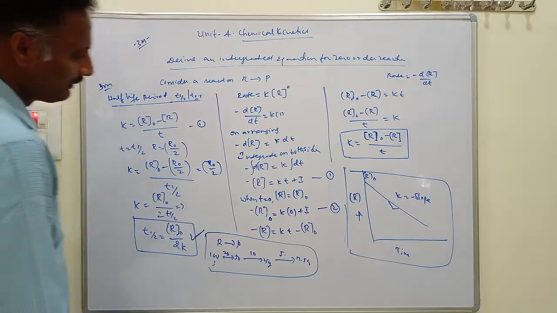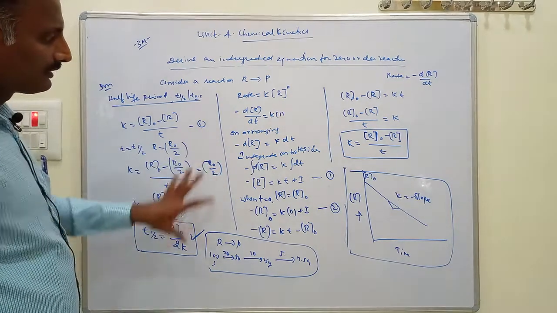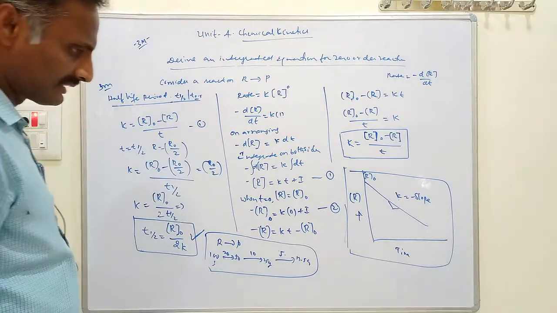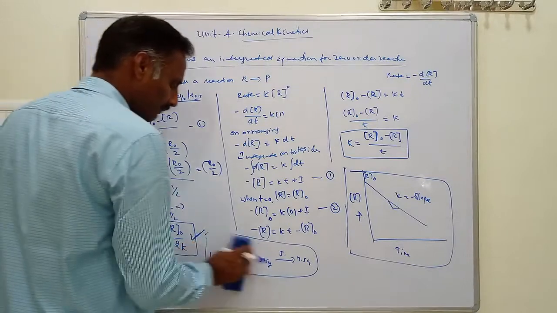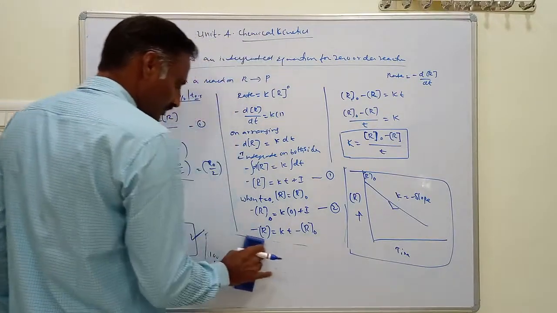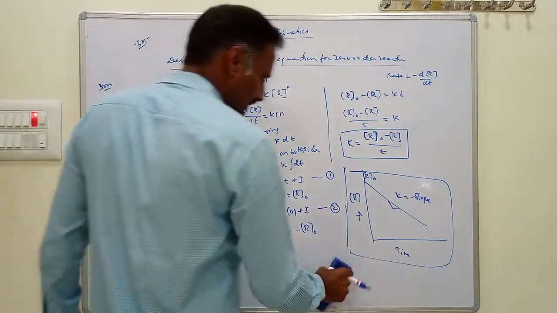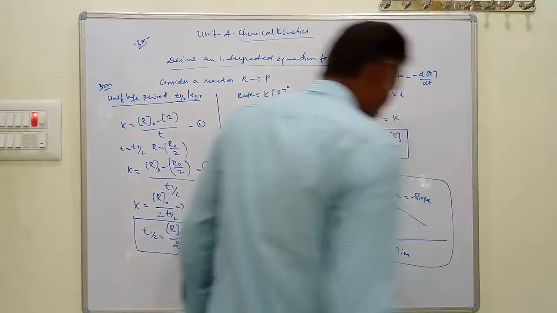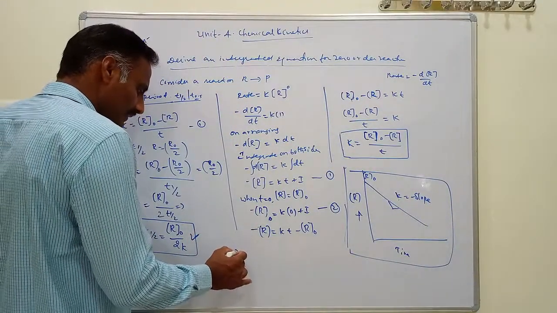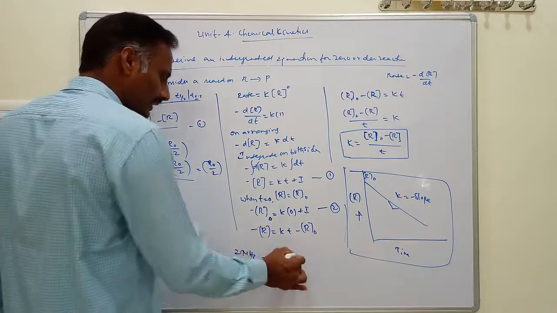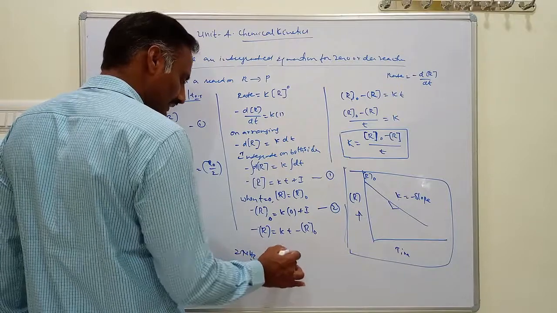This is the important thing about zero order reactions, and examples for zero order reactions are asked in examinations. One is the decomposition of ammonia on platinum surface. You must be perfect about some examples regarding zero order reactions. Ammonia decomposes in the presence of a platinum surface at about 1130 Kelvin at high temperature and high pressure.